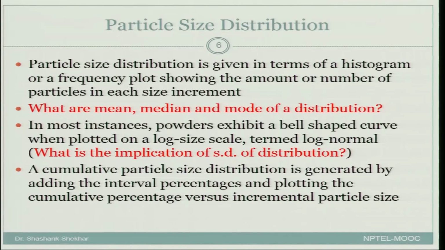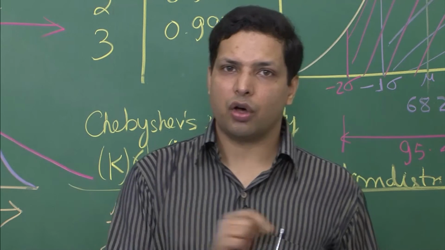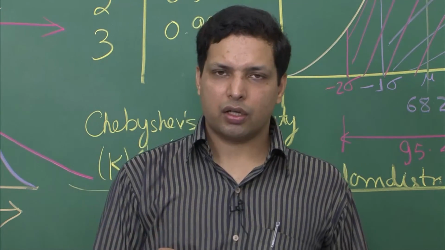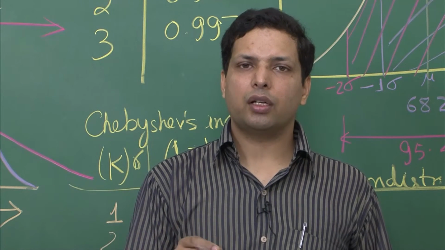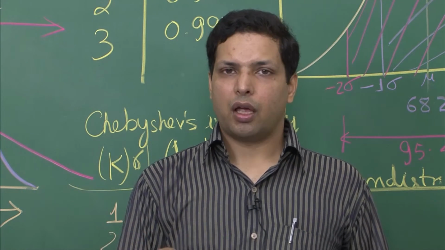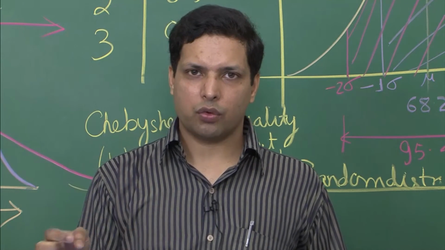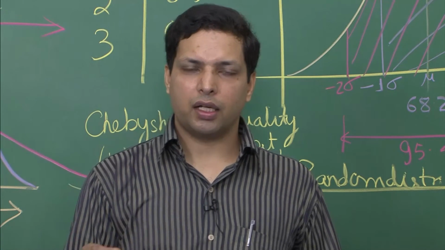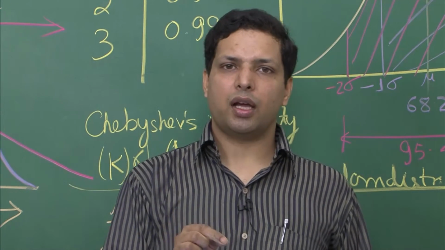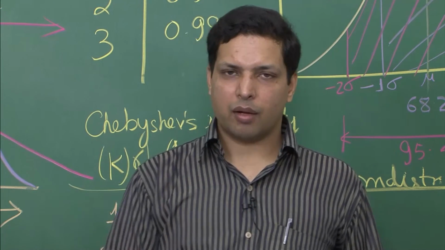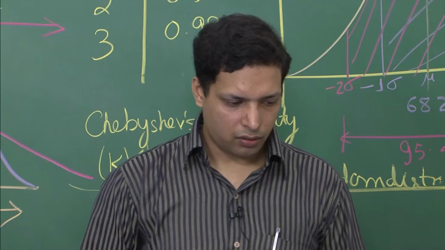So, you can get a lot of information, as you see, when you have the mean and the standard deviation, and particularly when you have a normal distribution. If it were not a normal distribution, you would not be able to get a lot more information, which we will discuss very soon. Only because in most of the cases, no matter what technique you use, whether you are using atomization or electrolytic technique, the particle size distribution that you get is in most of the cases log normal distribution, and then we can apply some of the results that we will see very soon.